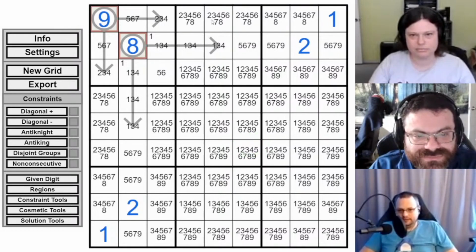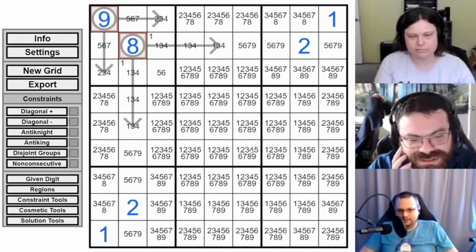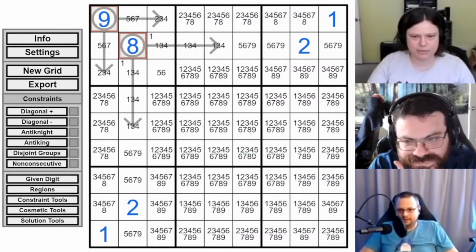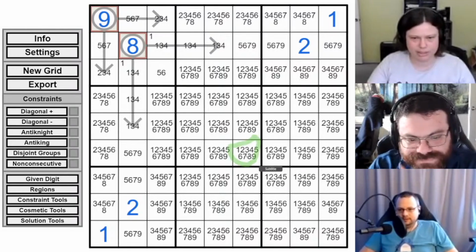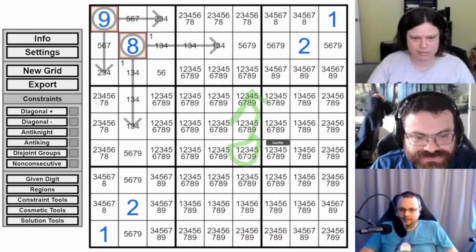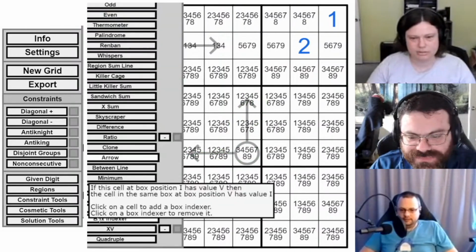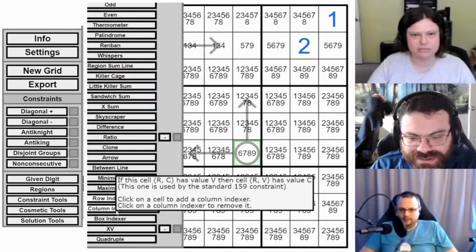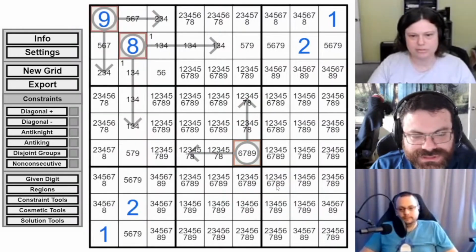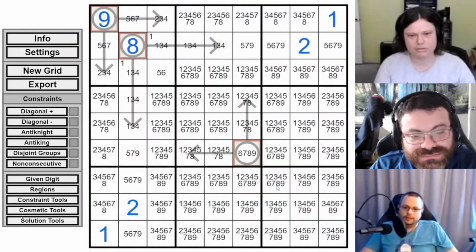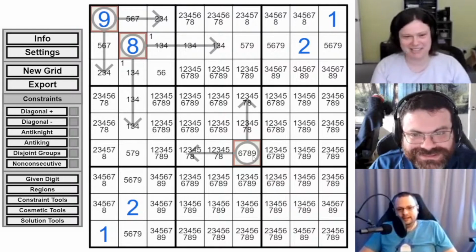what happens with a second arrow in row 1? Which is an interesting question. But what's your idea, Jessica? I was thinking of doing an arrow over here, kind of the inverse. I don't know what would happen, but something like that. I don't know why my pen is green, though. And we'd add both a row and a column indexer on it. It doesn't seem to do a whole lot by itself. I'm wondering if we can make it do something. I think it looks cool.